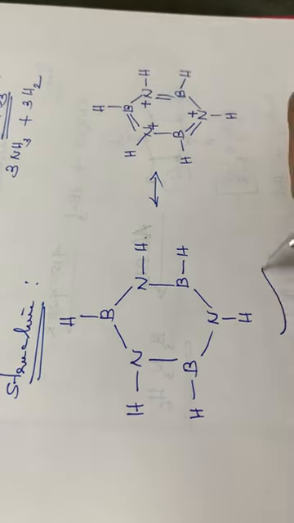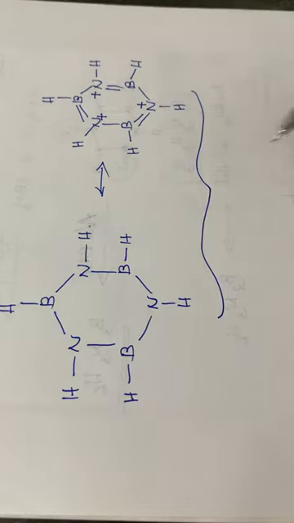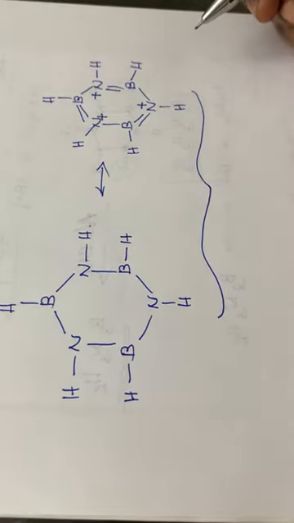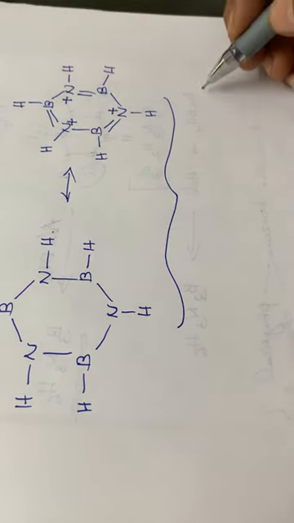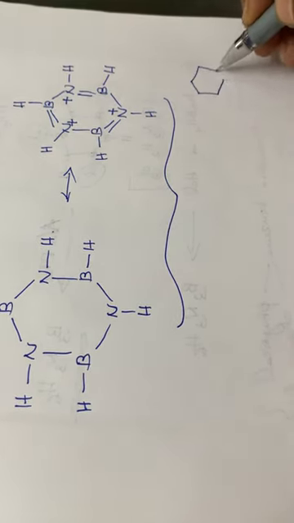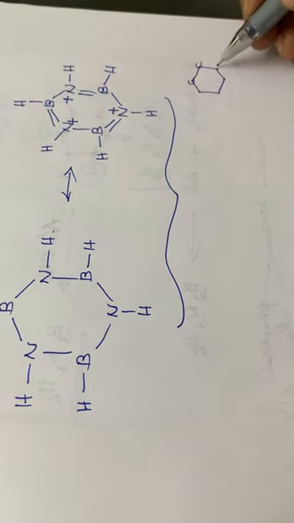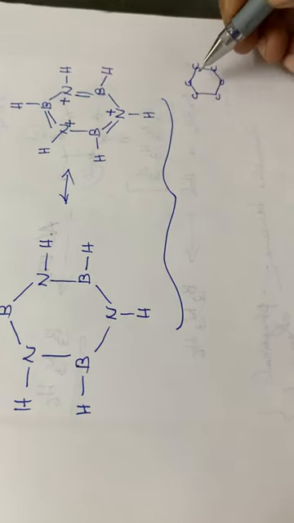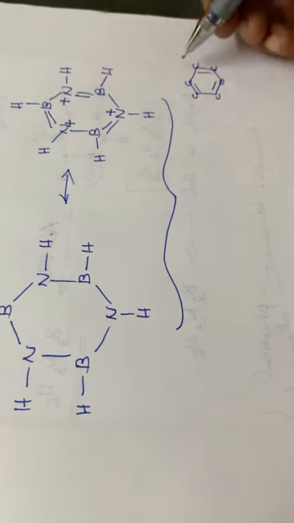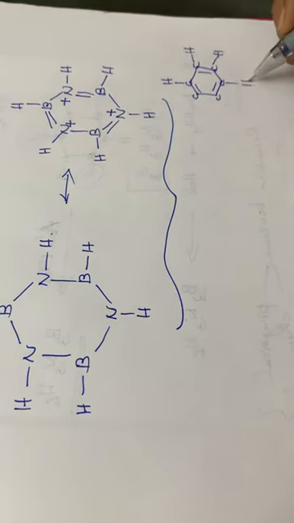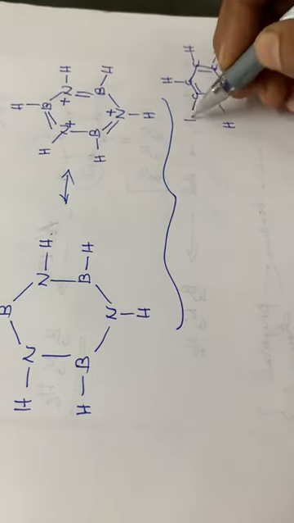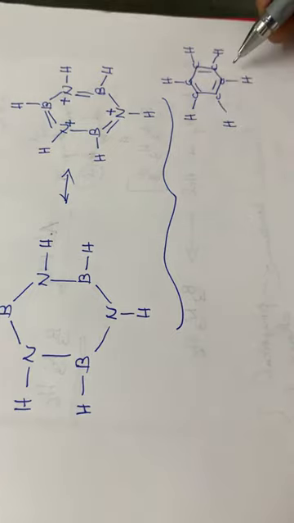If the structure is asked, you have to draw these two structures, the two resonating structures of this boracene. And similarly, if you have to compare this boracene with benzene, you just draw the structure of benzene also. Carbon, carbon, carbon. Then alternate single and double bonds. Again carbon, the valencies are satisfied by hydrogens. So this is the resemblance of this inorganic benzene with benzene.